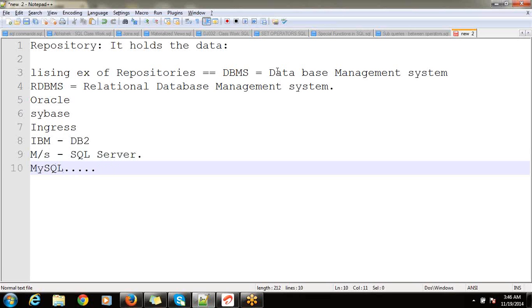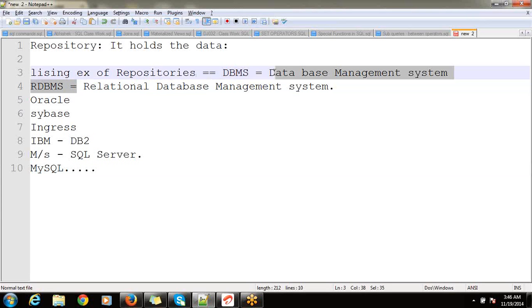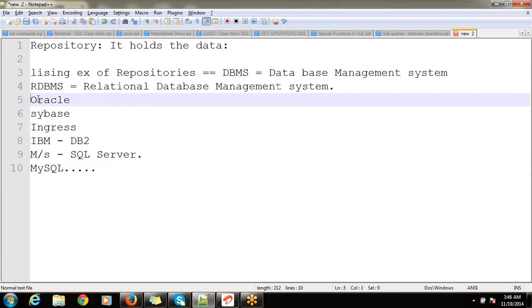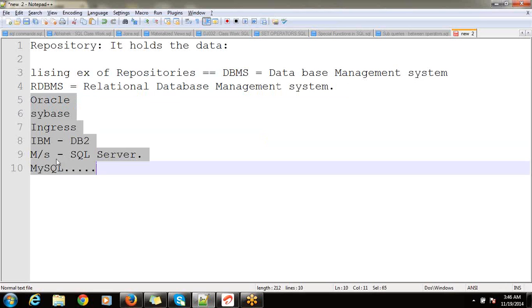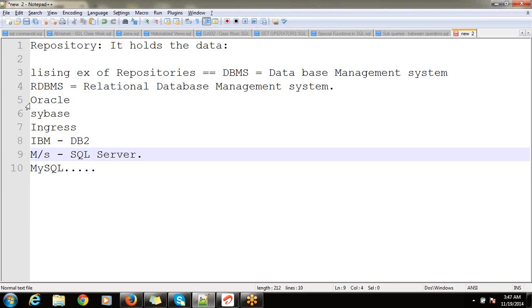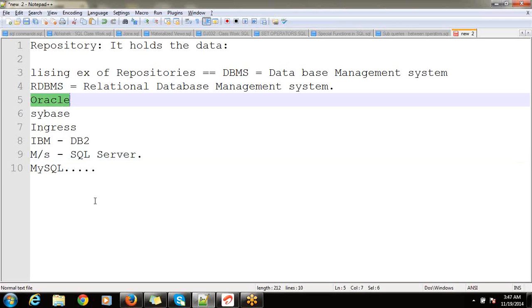All these are examples under relational database management system. If you are familiar with one RDBMS, then understanding the other RDBMS becomes simple for you. Of all these, Oracle is very widely used in the industry.